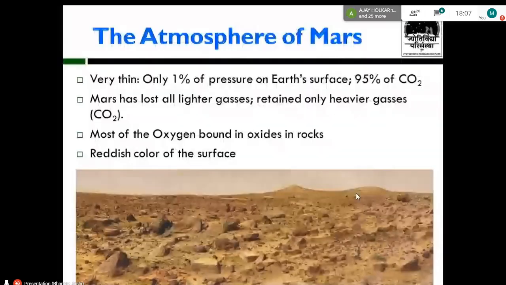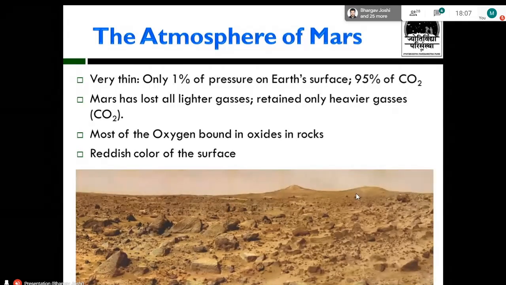Now, regarding the atmosphere of Mars, Mars also has a core, a mantle, and a crust. But the crust of Mars is rich in iron. This iron reacts with the remnants of oxygen present in the atmosphere of Mars. If you have studied basic chemistry in school, if iron reacts with oxygen, it gives rise to an oxide, the process of rusting itself. And that is why Mars gets this reddish hue. The rust has accumulated on the surface of Mars because of this reaction between the iron on the crust and the oxygen in its atmosphere.